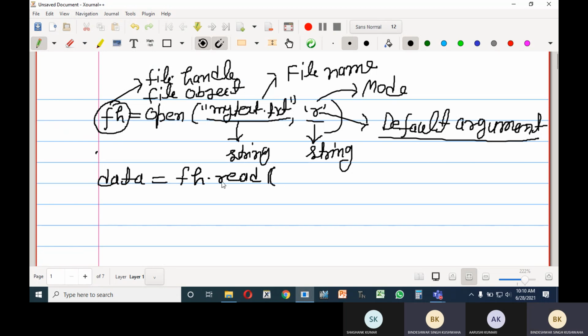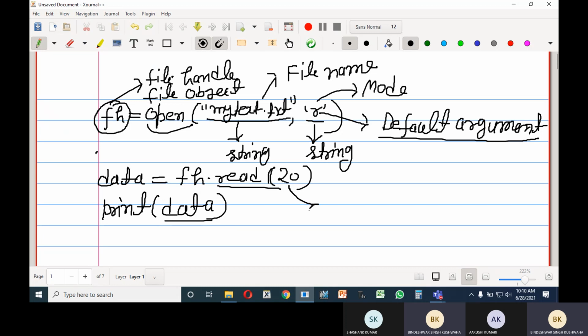We used the read function to read some bytes, so 20 I put that, and thereafter you can print. This was the straightforward program: opening a file, reading some data, and printing that.